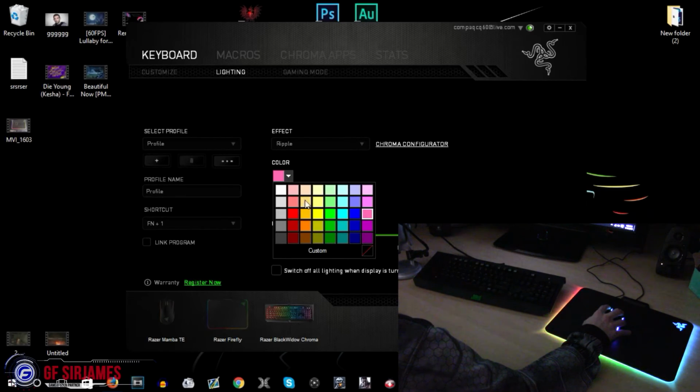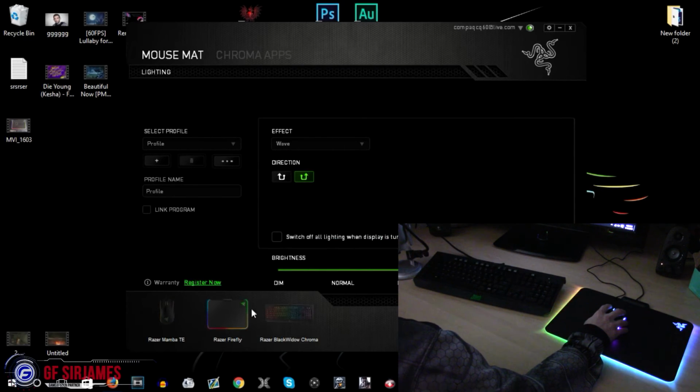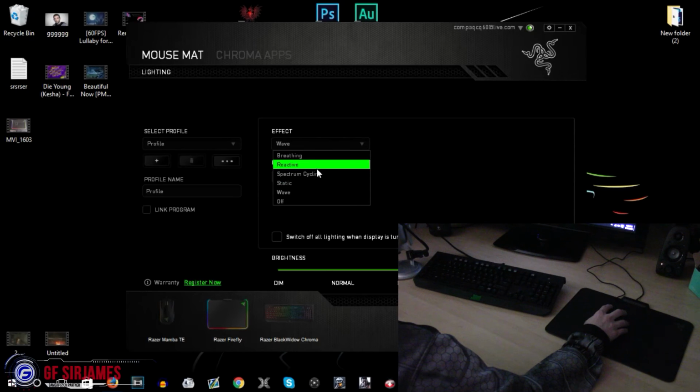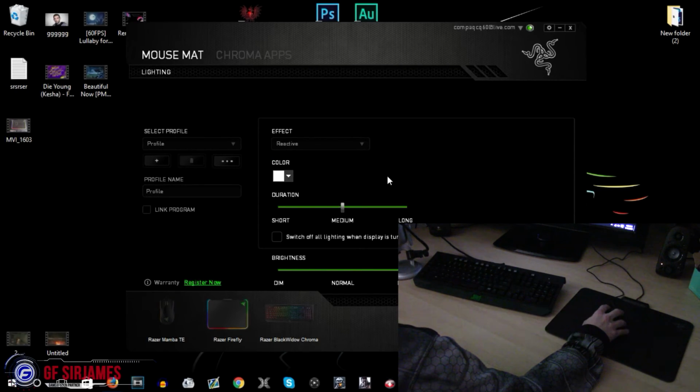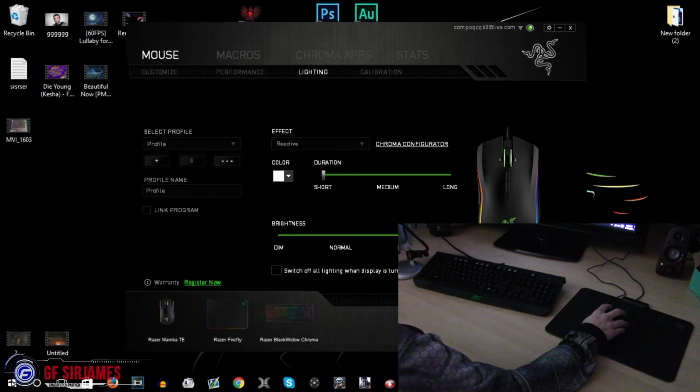But anyways, going back to the mouse and the mouse pad, like I said, you have your breathing, reactive, spectrum, static, wave. I really like the reactive setting when you have this. So if you're playing like a first-person shooter type of thing, then this is probably one of the best ways to go about it. You can set the duration. I like to have it on short personally. But again, that's just a little bit of an example and kind of demonstrating some of the light up features